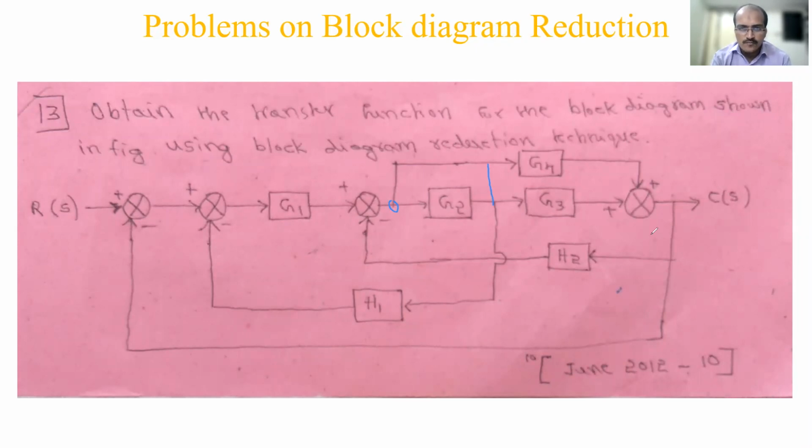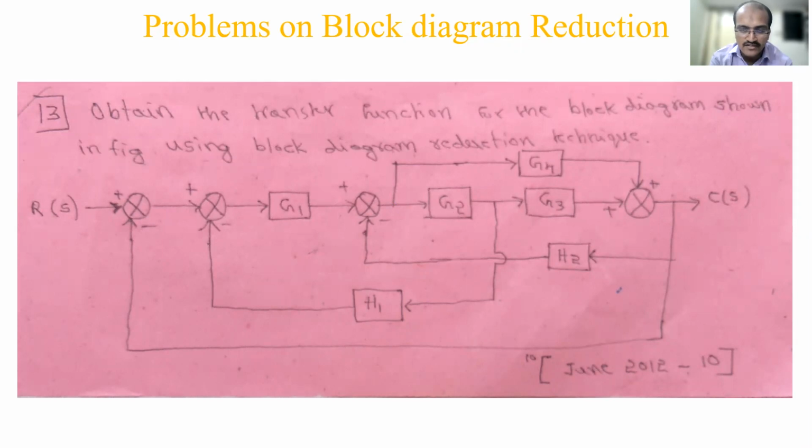There is no one particular method, but somewhere it will start off. If you get a start first, then the remaining will get simplified. You have seen in the previous case, right? The very first time when I moved the takeoff point, you got some blocks in parallel, series, everything. So you are able to see the minor feedback loops, all these things. That's why the first step is very important.